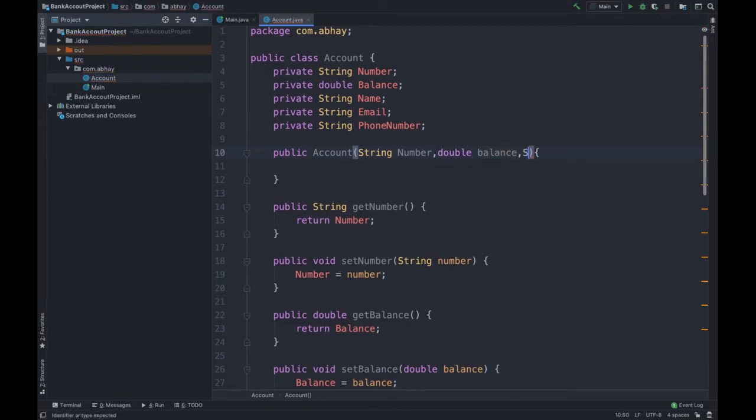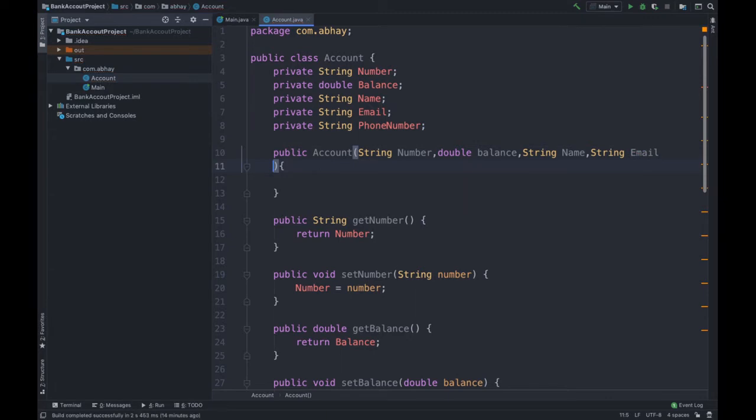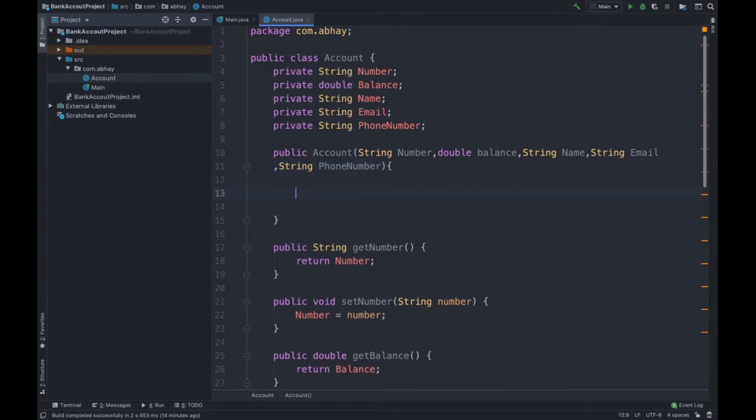Then let's say String name, let's follow the sequence. Then String email. Then what else is left? String phone number, right? So we are set with our constructor parameters.